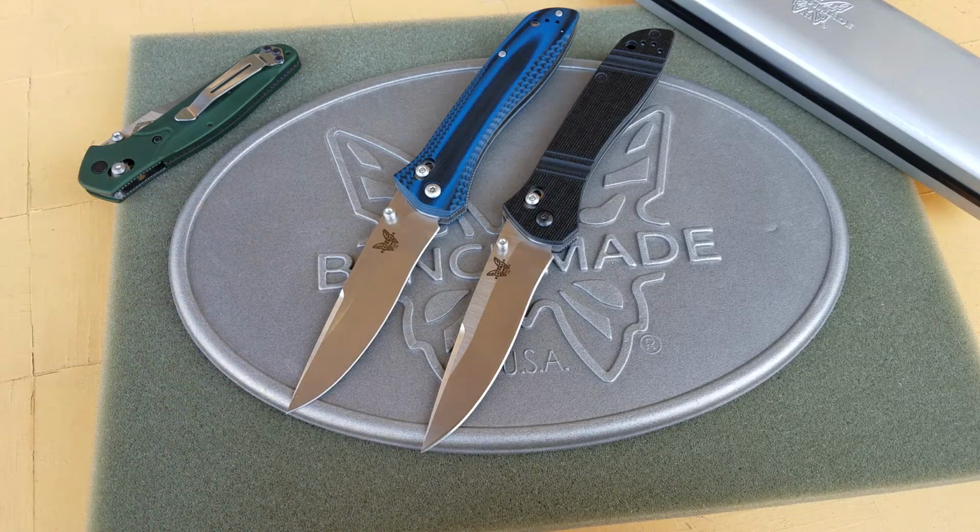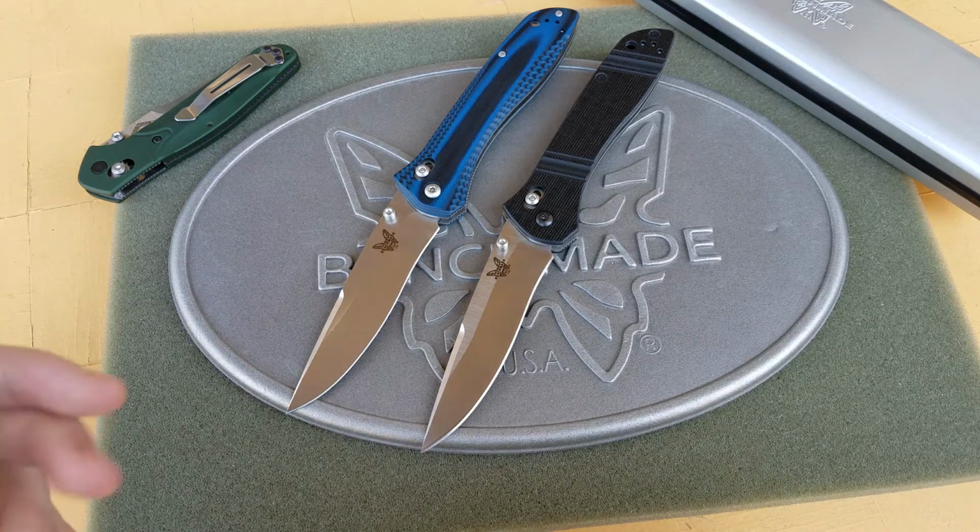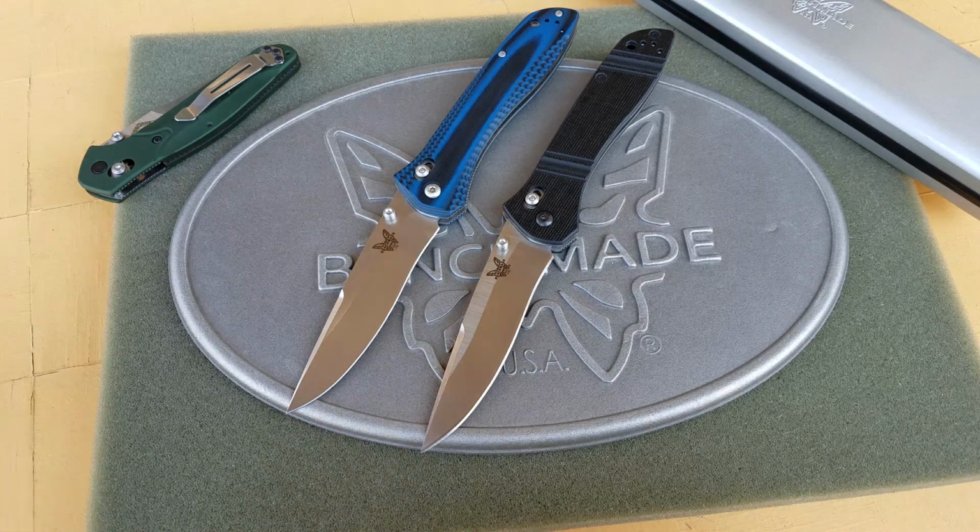I mean, as far as a Benchmade knife goes, to me, the 710 was the knife you told somebody to buy if they thought the 940 was a little bit small, or they thought the Griptilian was too cheap. The 710 was the way to go. But now the 710's gone,